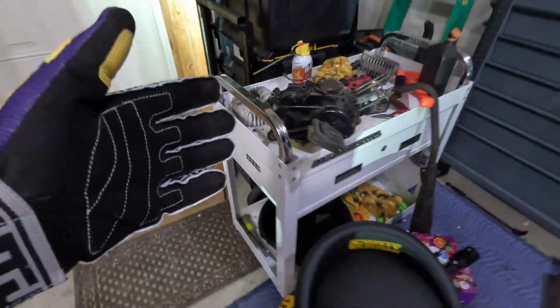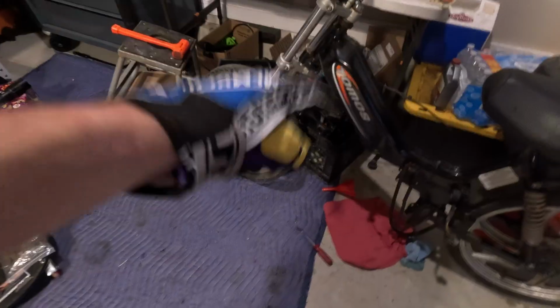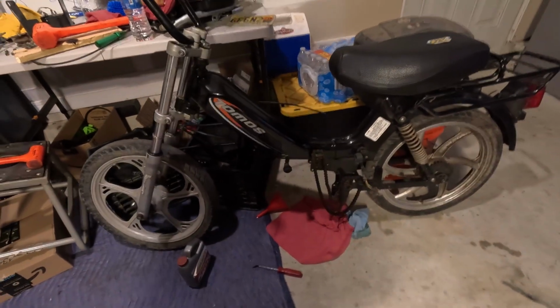And while I ordered parts for that, I wanted to get the rust out of the gas tank on this, because it was sitting for multiple years and the GoPro is not picking it up. But just trust me on this, that gas tank is full of rust. So I ordered some Evaporust, to try and get all the rust out of the gas tank, and I poked a hole in the bottom of it with a screwdriver, and the whole bottom of the gas tank fell out, and